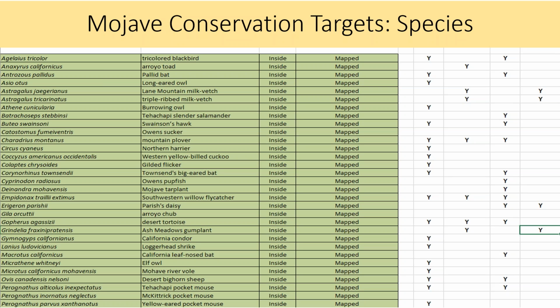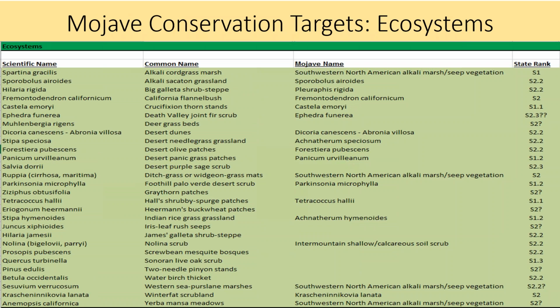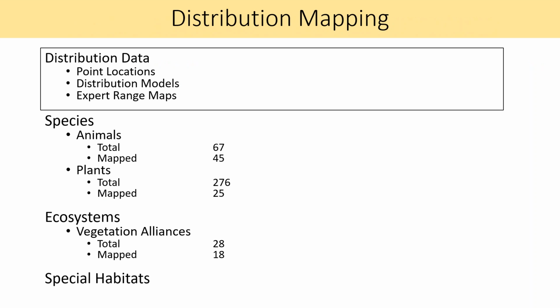So we've gone through major tables and lists that have been generated, determining their priorities to include things, different species here, as well as this is the list of vegetation alliances that's found in the Mojave, and the third column, Mojave name, basically is a crosswalk to the vegetation maps that have been created, and those map categories to the different vegetation types. So we're working very closely with Todd Keeler-Wolf in the Veg Camp group to bring that information together.